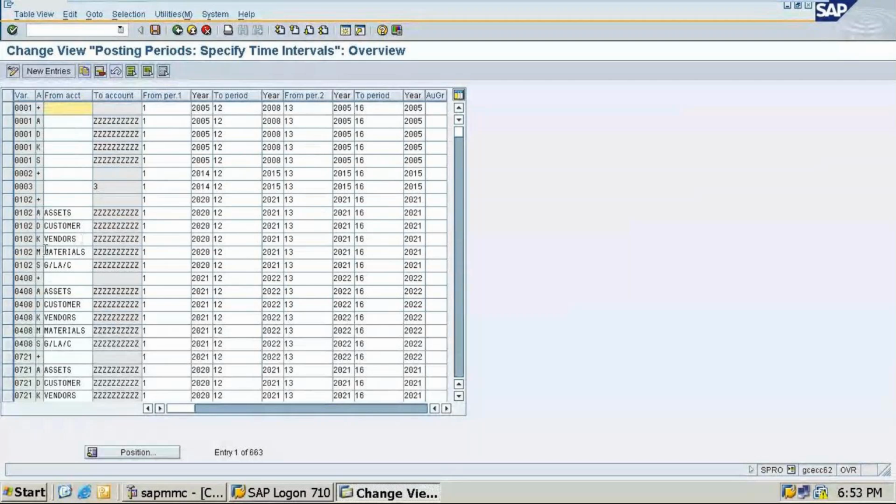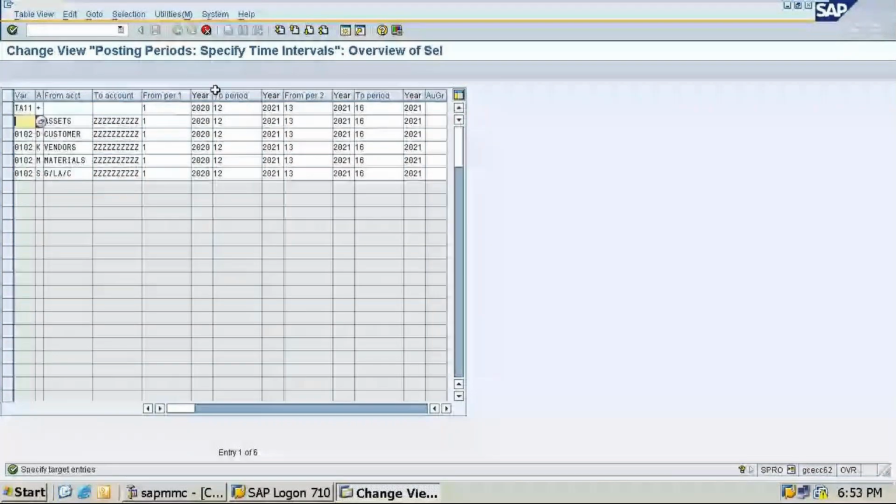Once you click on copy as, students, what we need to change. So here I am going to change as TA11. Next I am going to change here also TA11. Then I am going to change here TA11. This is our company code which I am giving here.